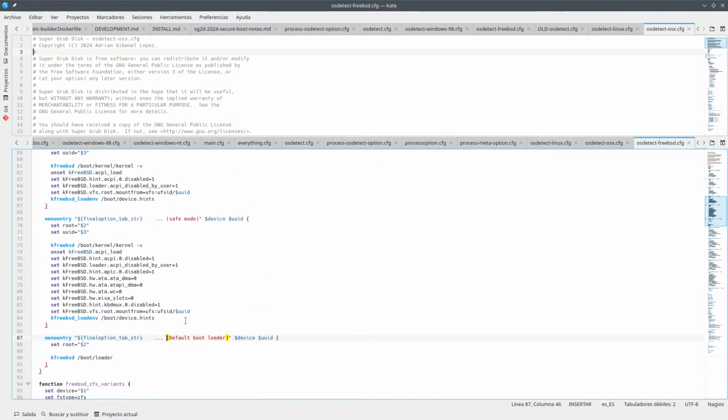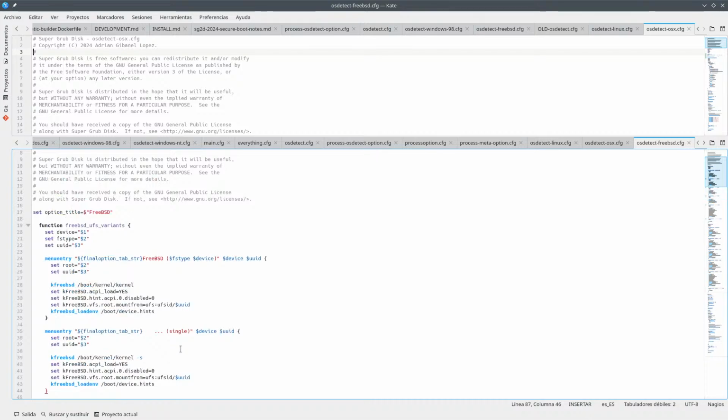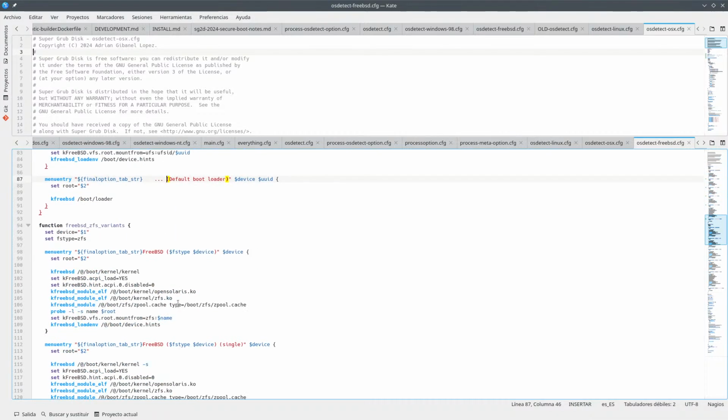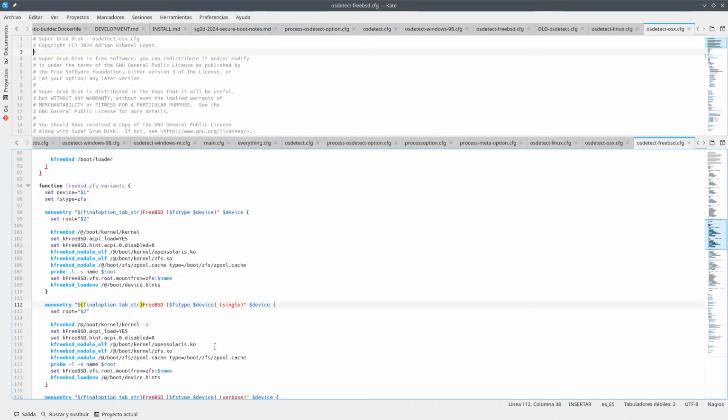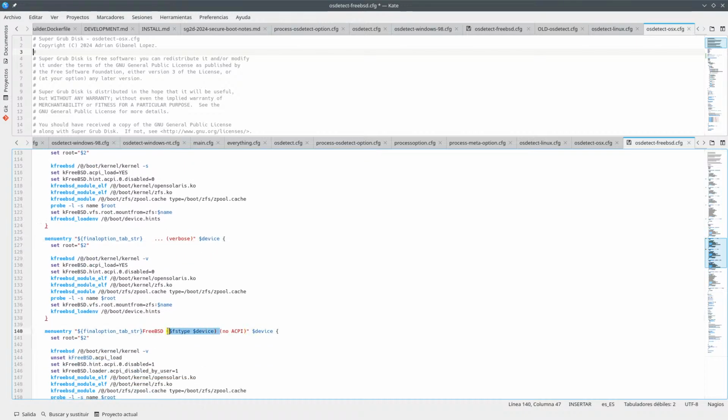So now we're going to do exactly the same thing with our FreeBSD stuff. Once again, we can use this like this, and now I just want to have single. And once you have that, it's just a matter of copy and paste. So this is verbose, this is no ACPI,